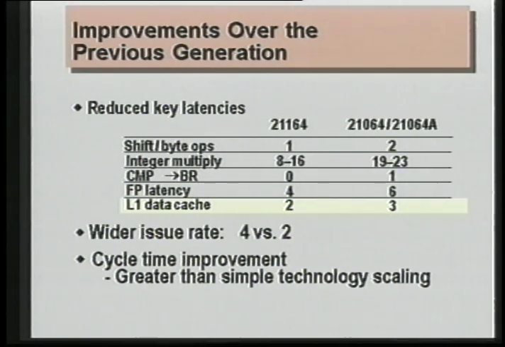Now, much of this improvement was gotten by working harder on the circuits, and some of it was gotten by the architecture. For example, the integer multiplier is improved by doing a wider multiplier array. Of course, the new chip, the 21164, is quad issue versus dual issue in the preceding chip. And the cycle time improvement comes from the CMOS technology, and the new chip is implemented in 0.5 micron CMOS technology,